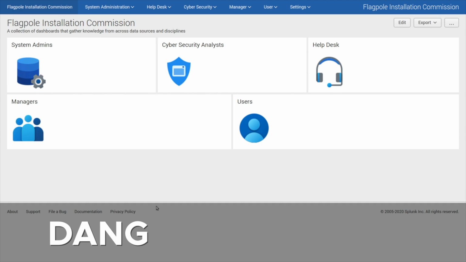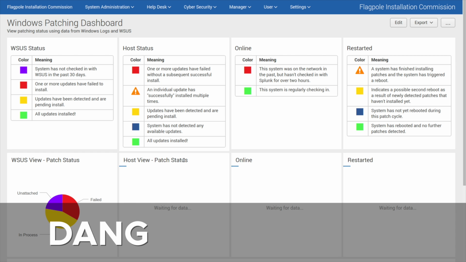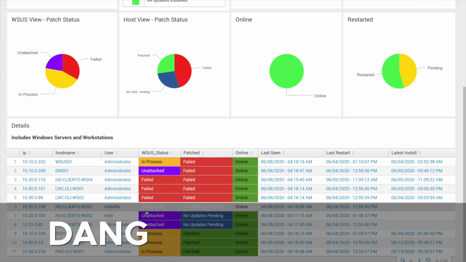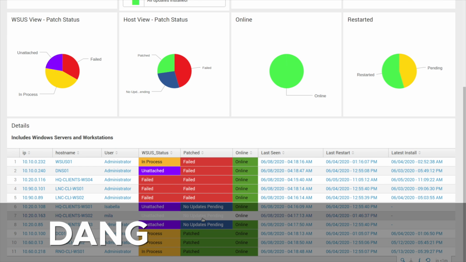In the DANG environment, we have provided dashboards for various roles that pull together all of the different sources of data into comprehensive views. A system administrator can still view the status reported by WSUS, but using the patch management dashboard, they can see the status of all systems in the environment, regardless of whether or not they're reporting to the WSUS server. Now we can see that we have a few systems that are not communicating with the WSUS